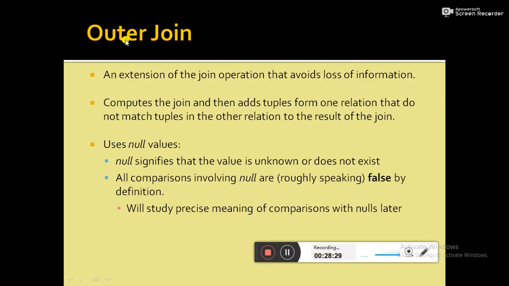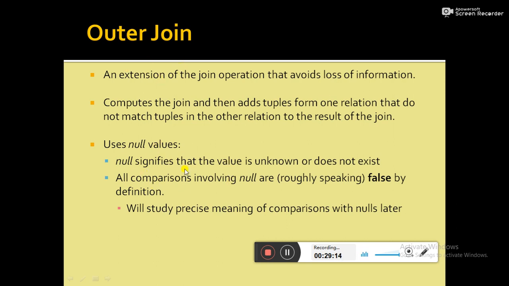The next point is the outer join operation. It is also an extension of the natural join operation. Actually, if we do the natural join operation or theta join operation, then we face loss of information, meaning we lose some information. All the information is not selected because only those records will be selected which satisfy a particular condition. In case of natural join, selection will be based on equality. Only those records will be selected for which the common attribute is the same. That means some records will not appear in the result. So to avoid such loss, we do the outer join operation.